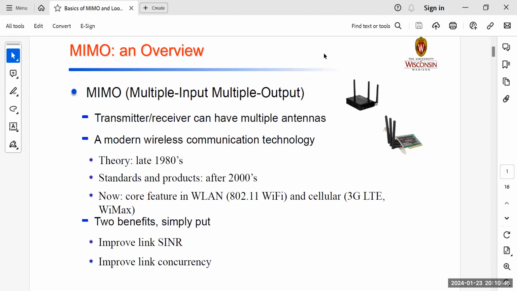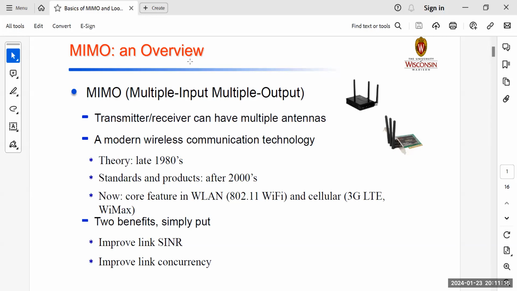Bismillahirrahmanirrahim. So the topic is MIMO. We're going to see a brief introduction of MIMO for this part. We're studying this topic because MIMO has a key role in massive MIMO beamforming in 5G networks and 6G networks. So in order to understand that, we need to know the basics of